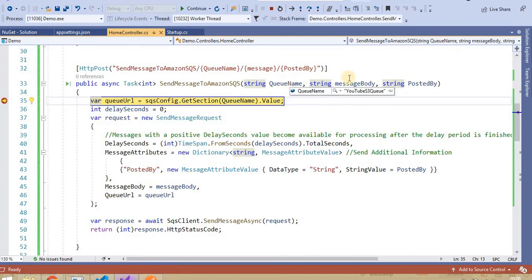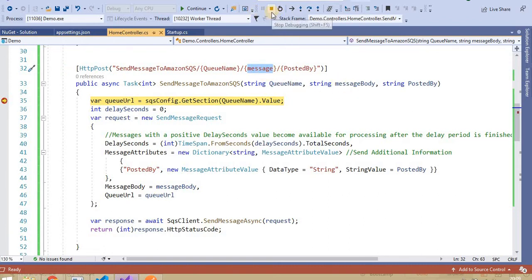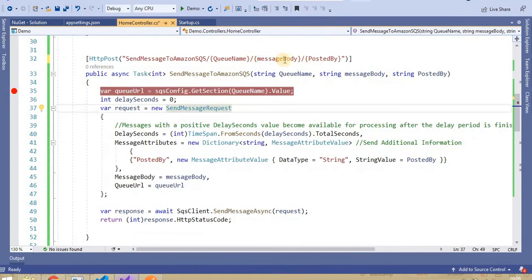We received the message body as null, and okay, I think I need to stop it because I took both different parameters here. Let me stop and correct it. It's correct.